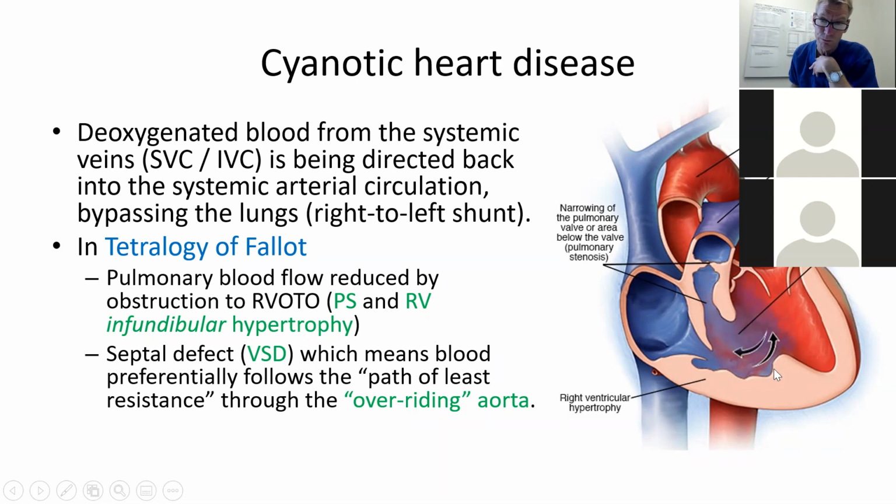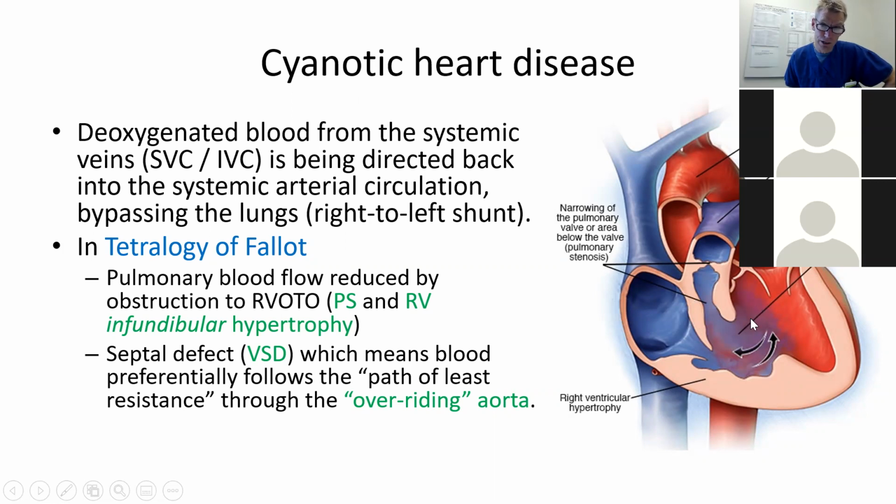And what that means is that blue blood is going out into the ventricle and through the aorta, and normally only red blood, or oxygenated blood, does that. And so that's the problem. Okay. So the tetralogy of Fallot consists of four things: pulmonary stenosis, right ventricular infundibular hypertrophy, this hypertrophy of the muscle there, a ventricular septal defect, and what's called an overriding aorta, which just simply means that the